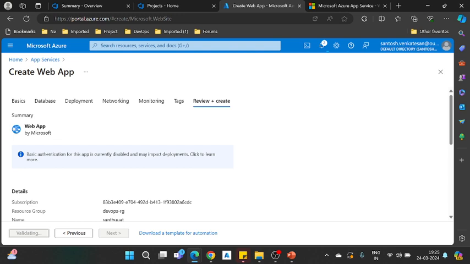So the provisioning of Azure App Services will not take more than a minute. It will not take more than a minute. Good. So I will just go to the resource,